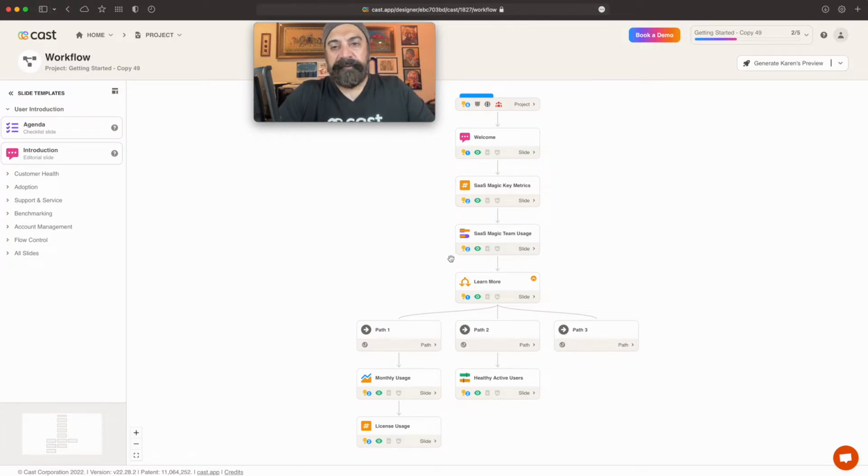So obviously you can turn slides on and off or mark them as conditional. Why would you want to do that? Maybe it does not make sense to show month over month trend data to a customer that just joined 3 weeks ago. Or you do not have specific data for a specific customer, so why bother generating the slide for that customer? You can also